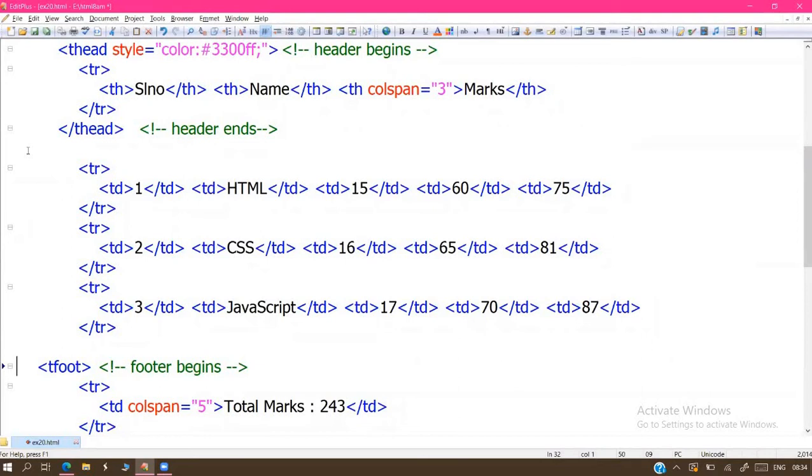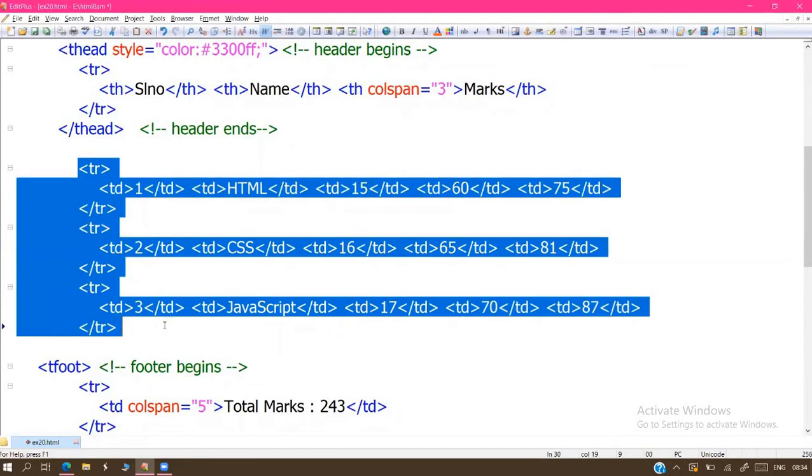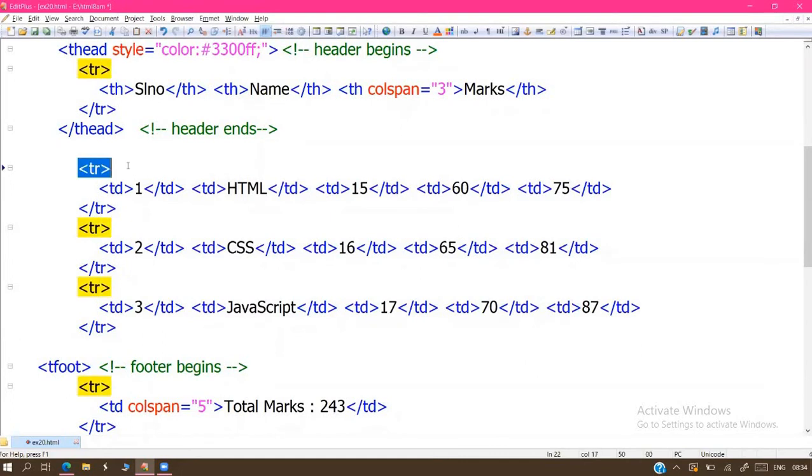Sir, we can use, like yesterday you told, tr nth-child. We can write the style in the tr itself, and for each row we need to repeat the style 3 times. So whatever settings and customization properties are required, we have to apply them again and again. That means repetitive code is formed. Repetitive code is compulsory.